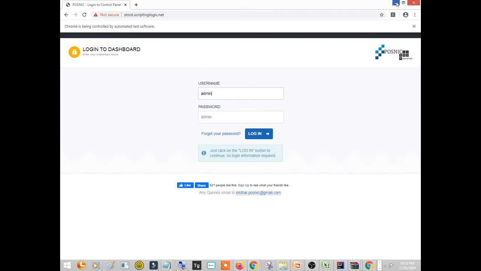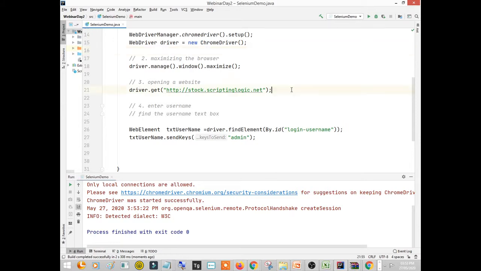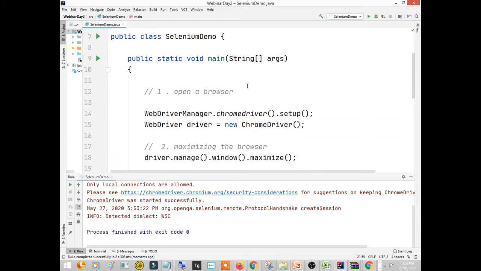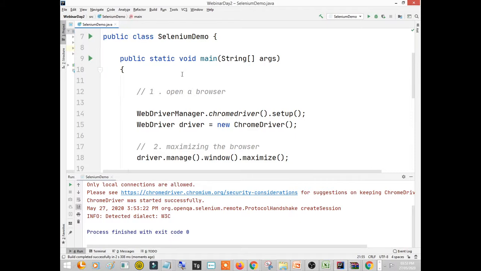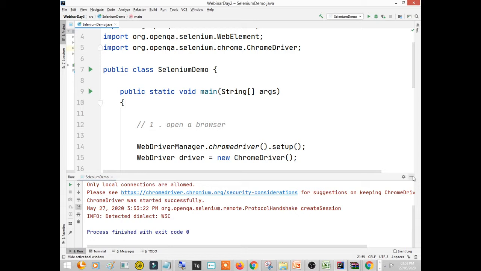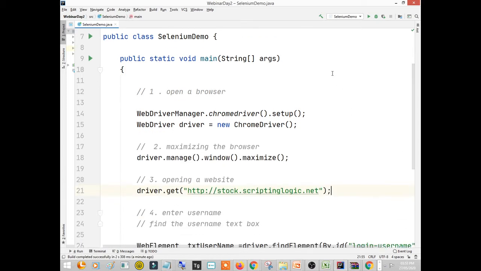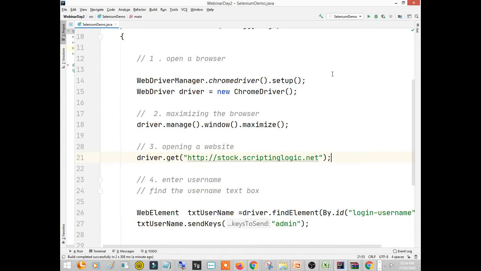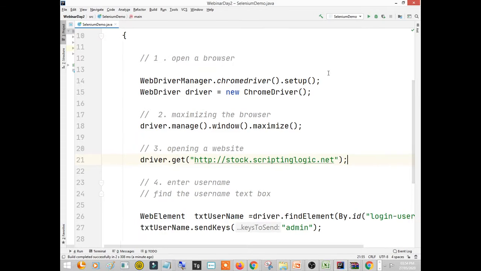Some people are saying that the code is not visible, so I'll just increase the font size. Now I think it is quite visible, right? Again, I'll tell you that after this session you will get this video and you will be able to review the things, but you must still understand while in the live session as well, right? So I have maximized the code. Even if your screen resolution is less, you will be able to see the code.